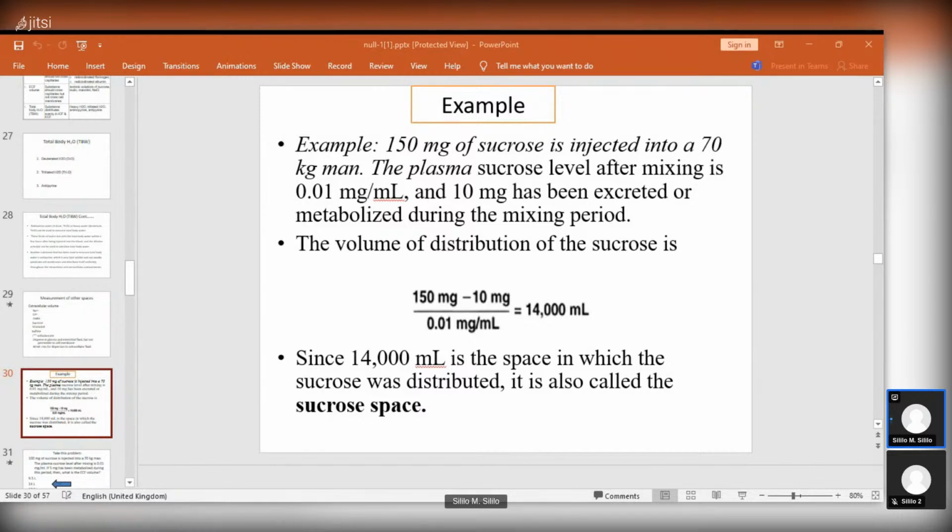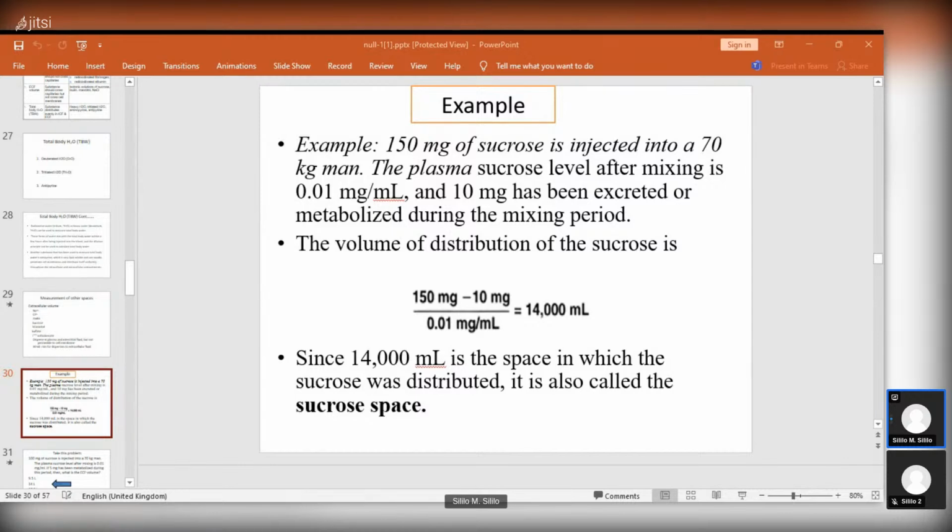The new concentration is 0.1 milligram per mil. And this gives you a new volume, which is the volume A plus volume B. And when you get that,